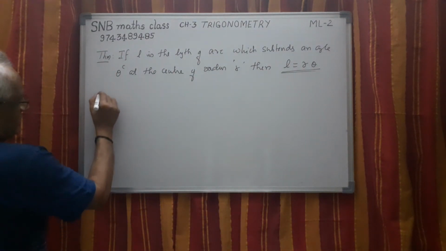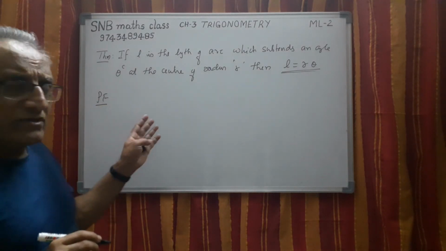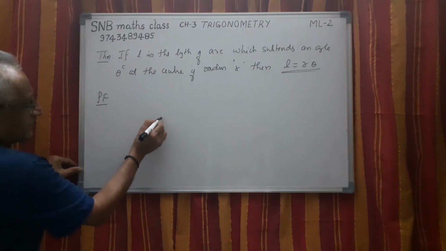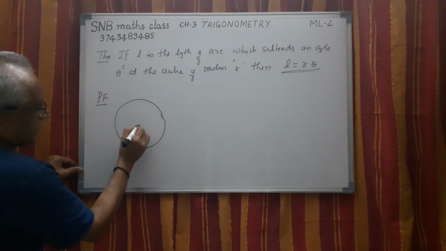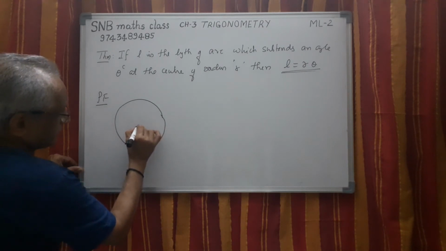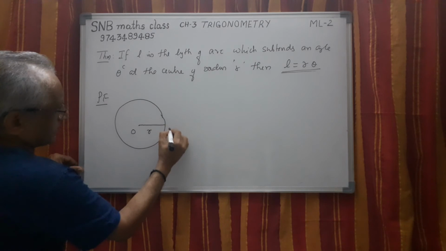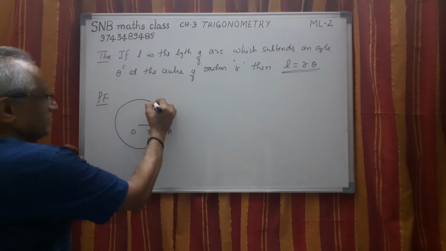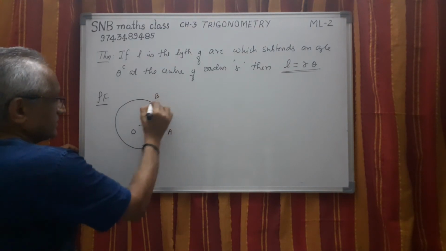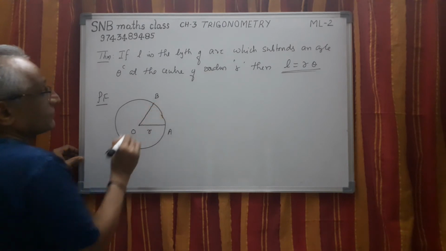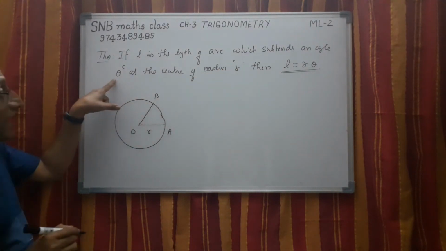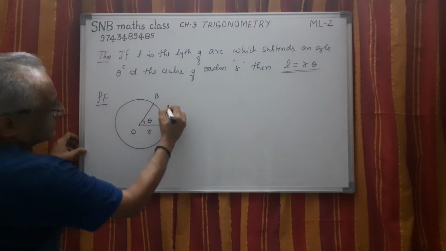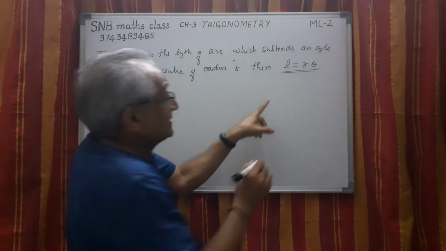Now let me prove this one. This proof is very simple. This is not given in the textbook as a proof, but it is better to understand all these basic proofs. So the proof is like this. Let us take a circle with center O as before. This is R, this is A. See here, L is the length of the arc. Let me take for example here B. I am joining this now. What is given is theta is the angle measured in radian. So this is theta. And what is given is this is L. Now I have to prove that L equal to R theta.